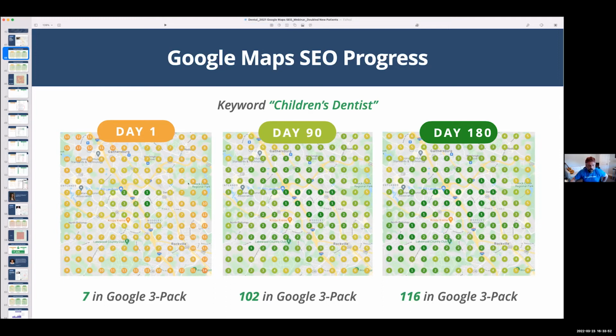On day 1, we ran the report, and you can see here her practice has that number 3 right there in the center. She's ranking on the front page in about a half a mile radius. She drops off the front page at about a mile, but you can see how, versus that other graph I just showed you where it dropped straight to red, it was